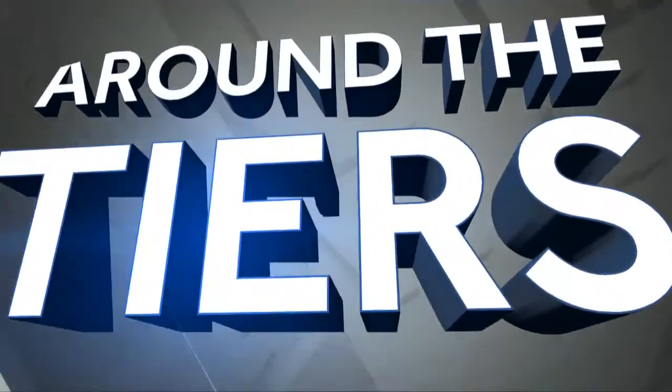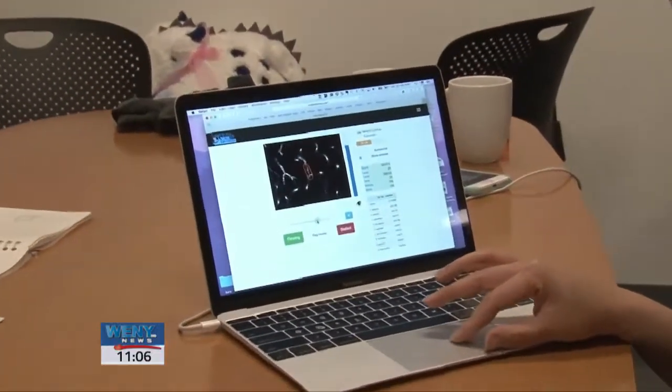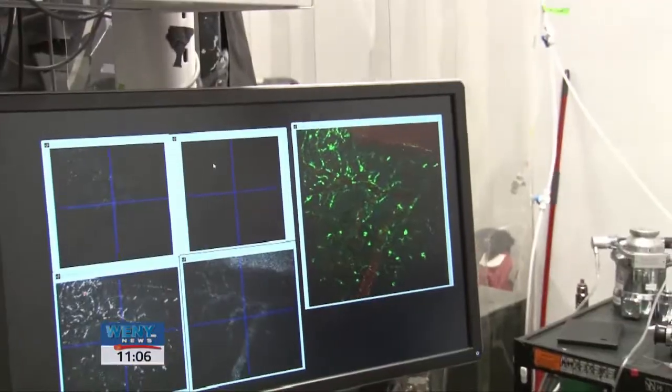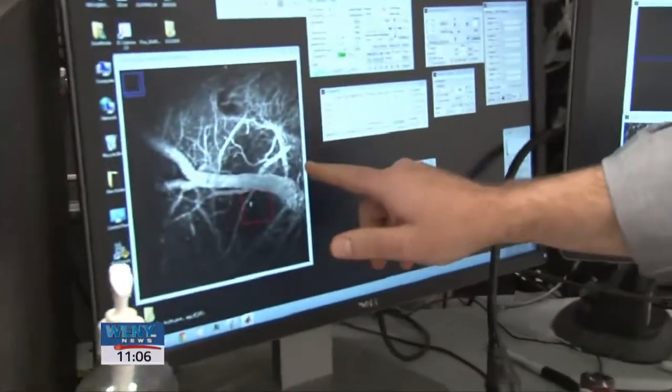of Alzheimer's treatment. Right now, it takes a trained researcher about 40 hours to analyze data that it takes only 1 hour to acquire. So that dramatically slows down the pace of research. The task of helping researchers analyze all that data is now assigned to the public in the form of a video game. It's called Stall Catchers, and it's designed to find new information about the cognitive issues associated with Alzheimer's